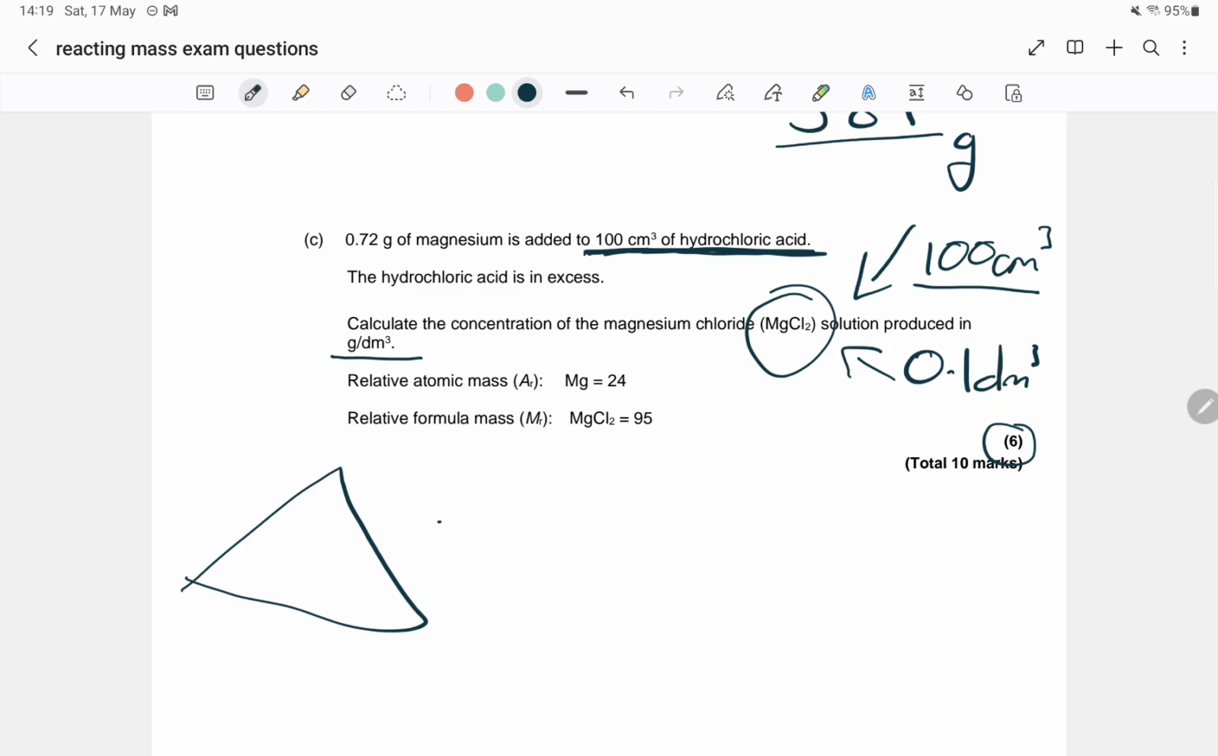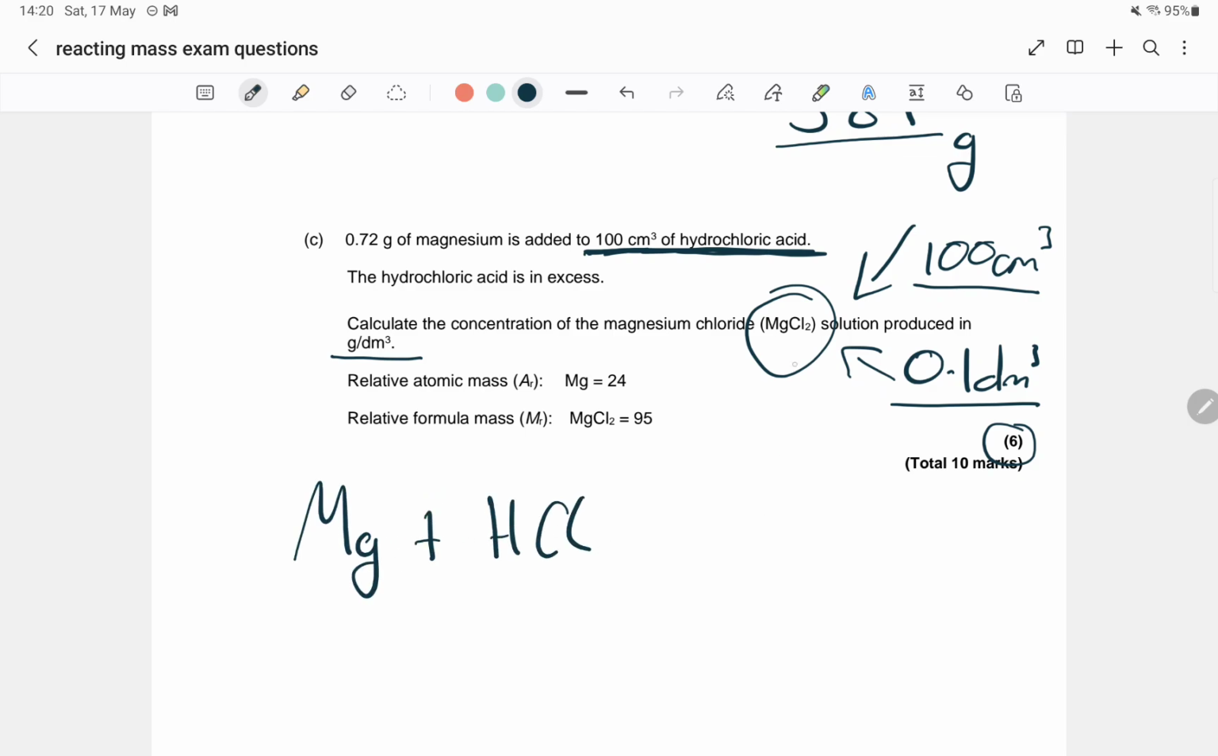Going back to my triangle, I need to calculate my mass before I can calculate my concentration, because I've got my volume. We know my volume is 0.1 decimeter cubed, but I'm going to calculate my mass of magnesium chloride. And to do that, I'm going to use my reactive masses table. So start by writing the equation of what we've got. Magnesium plus hydrochloric acid. They were nice enough. They've given me the formula of magnesium chloride,